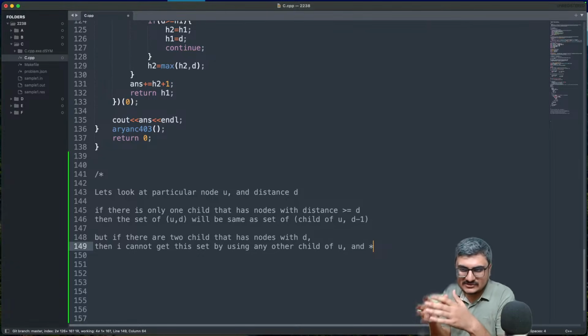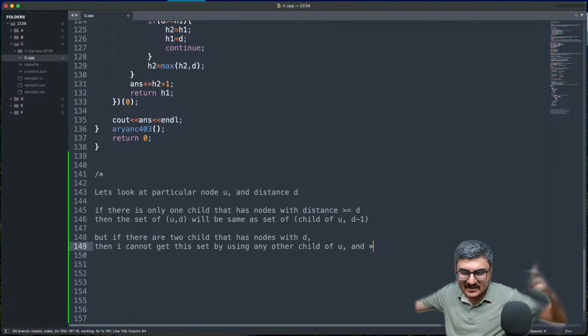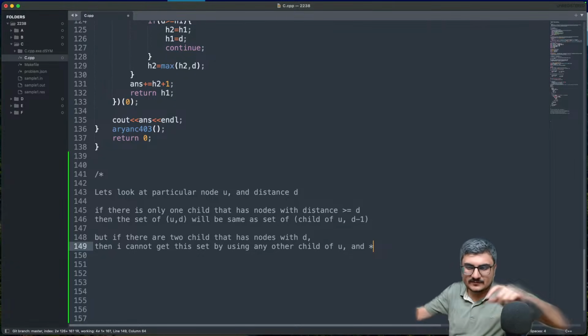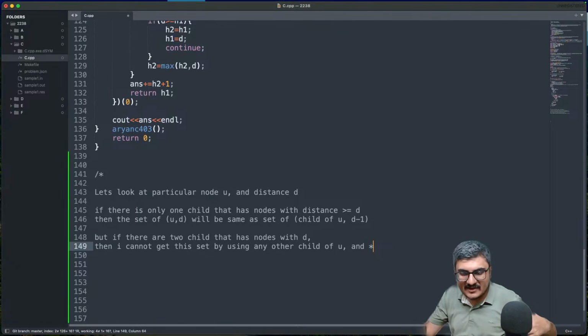If there are at least two children that have nodes at a distance d, then if I have to choose any other sub node from the subtree of u, I cannot get the same set of nodes. Either I would be outside, I would choose some node that is not, let me put it this way,